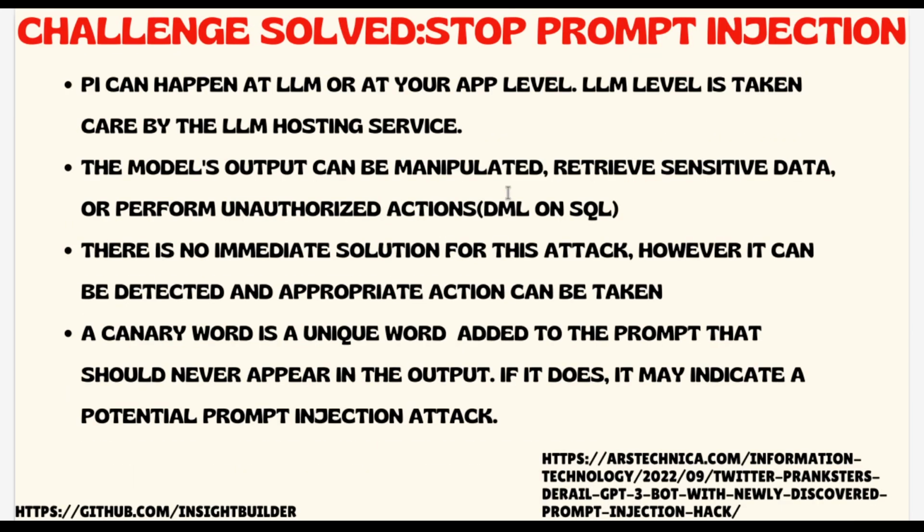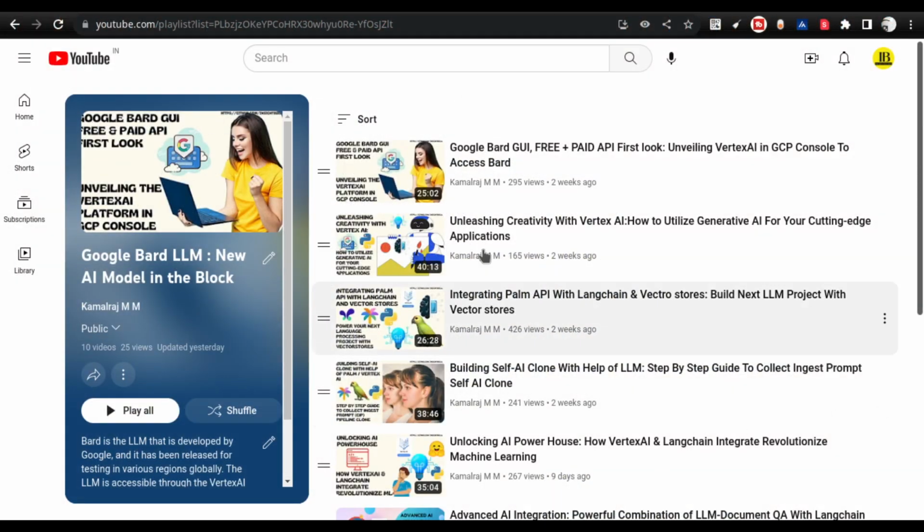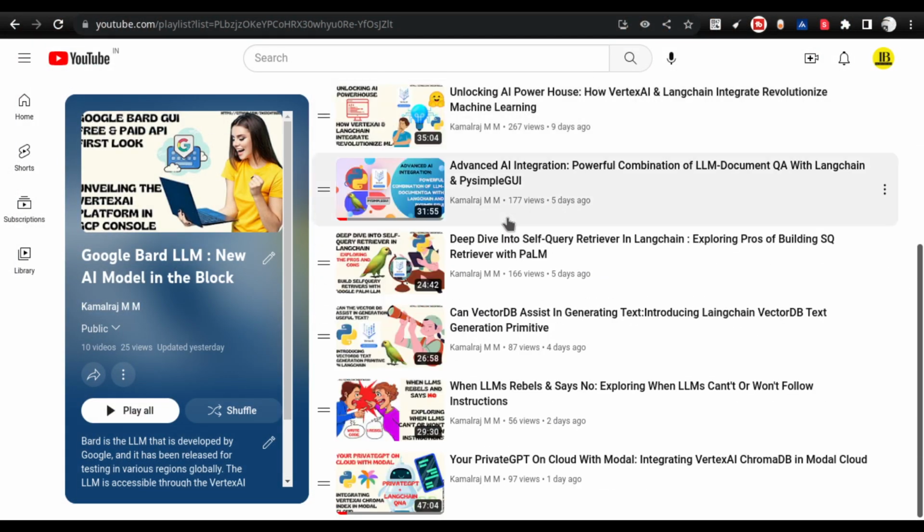If you are new to large language models, then prompt injection might be completely new for you. So I would suggest that you take a look at this particular playlist which discusses Vertex AI, and I also have a separate playlist which discusses both Langchain as well as ChatGPT and OpenAI's large language models. And this particular playlist also involves Langchain as well as Vertex AI's large language models. That will introduce you to the concepts of large language models. And the concept of prompt injection is very simple. You ask very sensitive information.